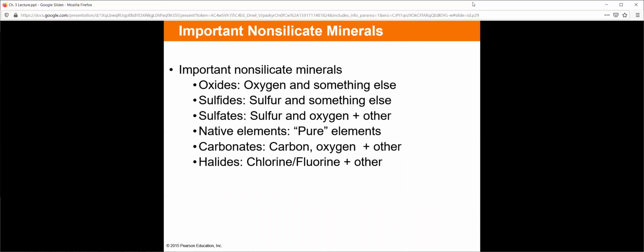Important non-silicate minerals out there, right? Silicon and oxygen combine to form a lot of what we have, but that's not the entirety of it. Oxides, sulfides, sulfates, native elements, carbonates, halides. These are all different chemical combinations, different elements that combine in common forms to produce what we have in front of us. And if I say halide, that means something. And if I tell you this rock is a halide, you can know certain things about it before I give it to you. If I tell you this rock is a sulfate, you know certain things about it before I give it to you, right? These are groups. These are different ways to classify minerals in a broad sense.